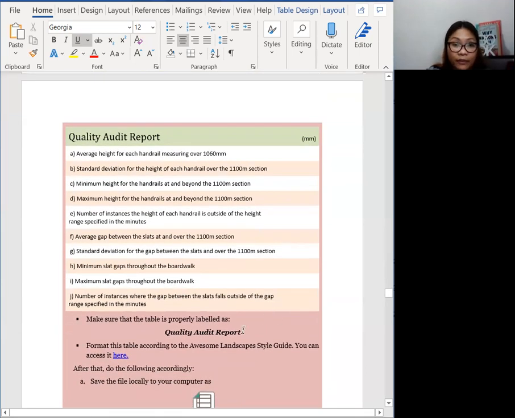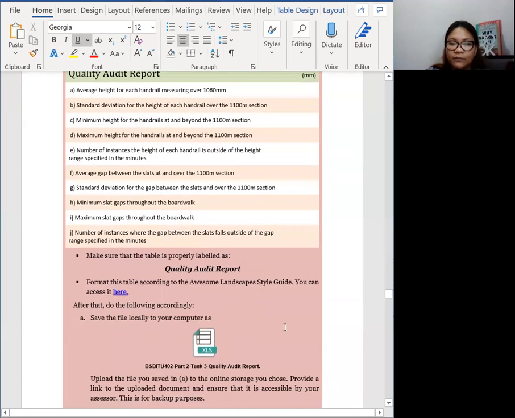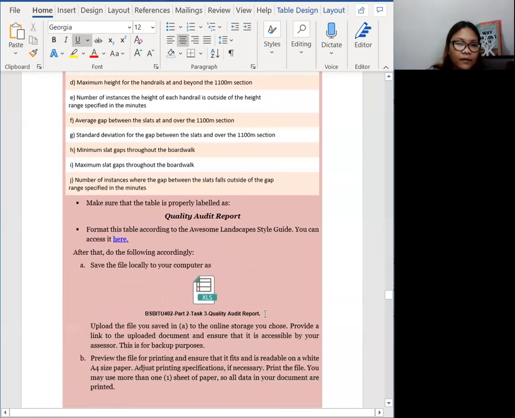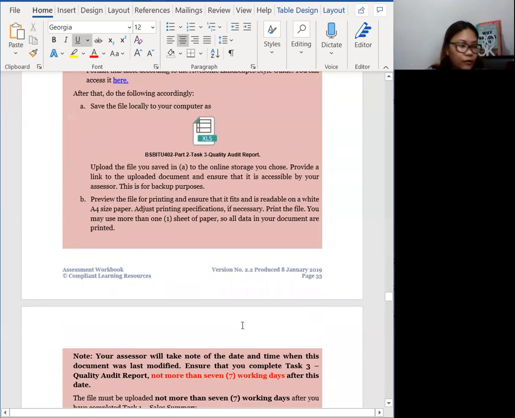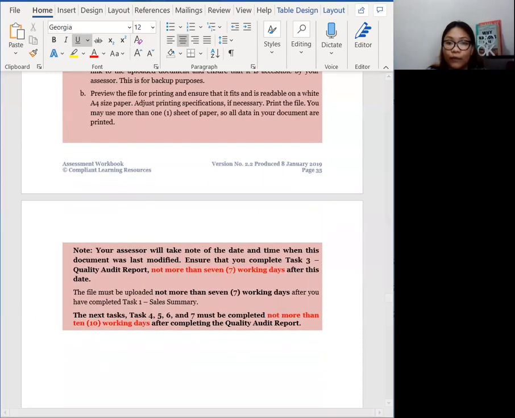Make sure the table is properly labeled as quality audit report. Then you have to format the table according to the Awesome Landscapes style guide. Okay. And then it gives you how you would save the file, the naming convention, how you will print it, and when it is expected from you. Because your assessor will take note of the date and time when the document was last modified, ensure that you complete task 3, the quality audit report, not more than 7 working days after